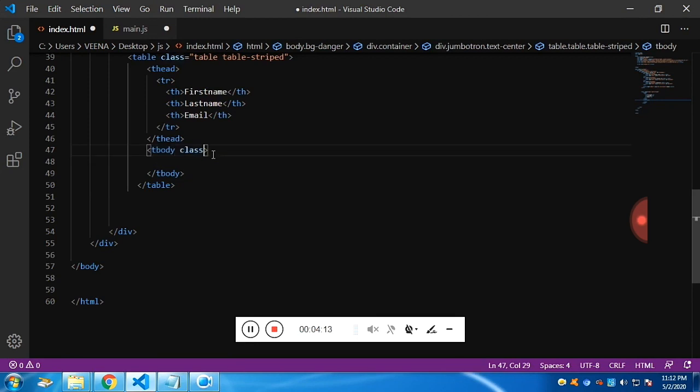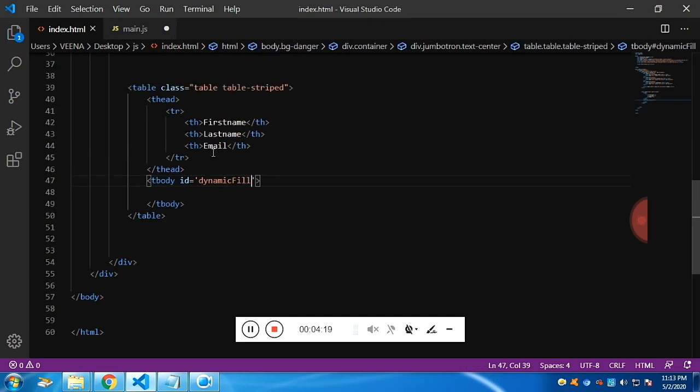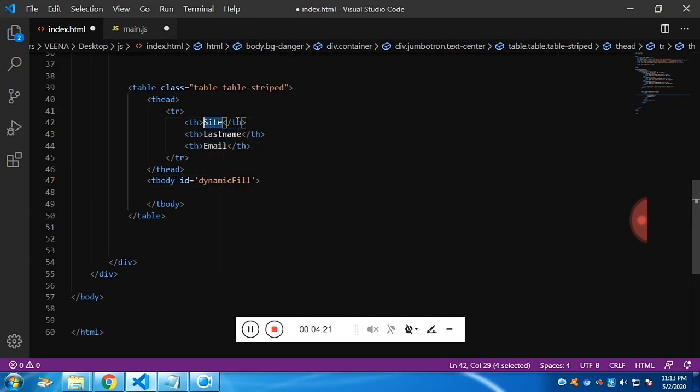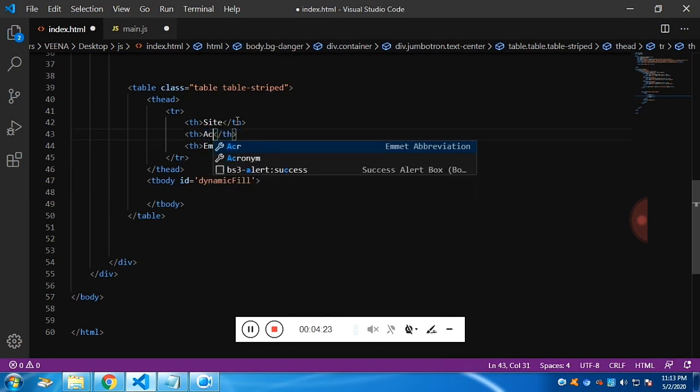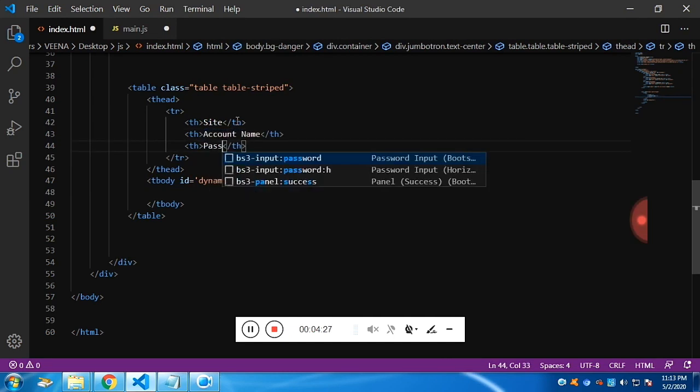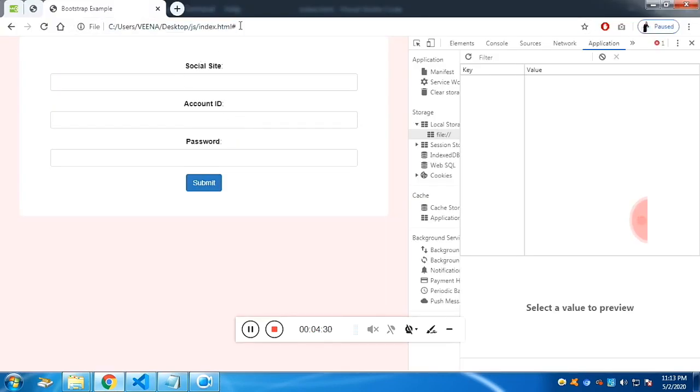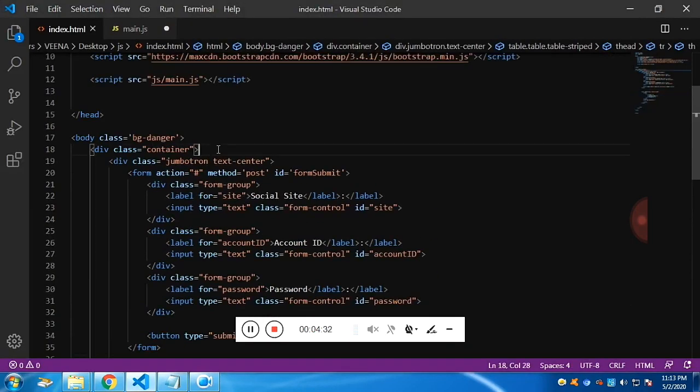In the t-body I'm going to give an ID, and this t-body is going to get dynamically created using JavaScript. Let's make the heading of the table static th, and we will make the t-body dynamic using JavaScript.